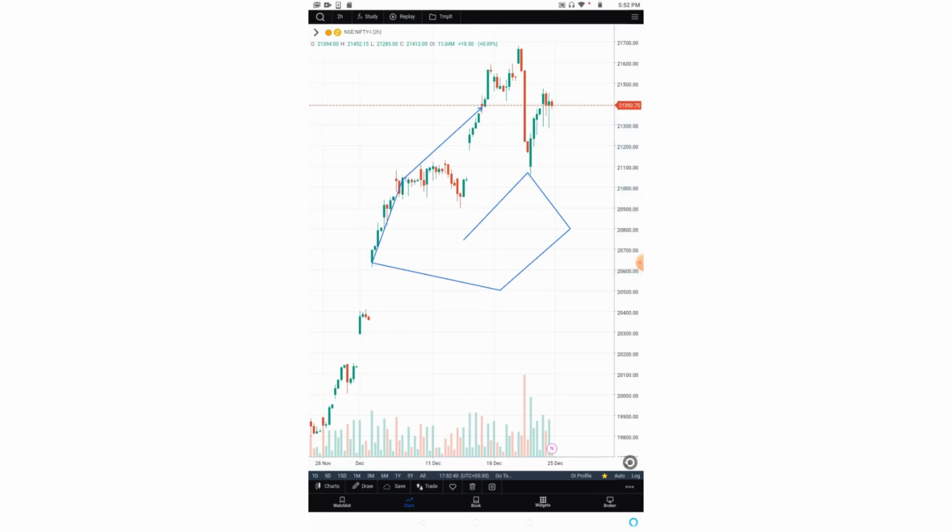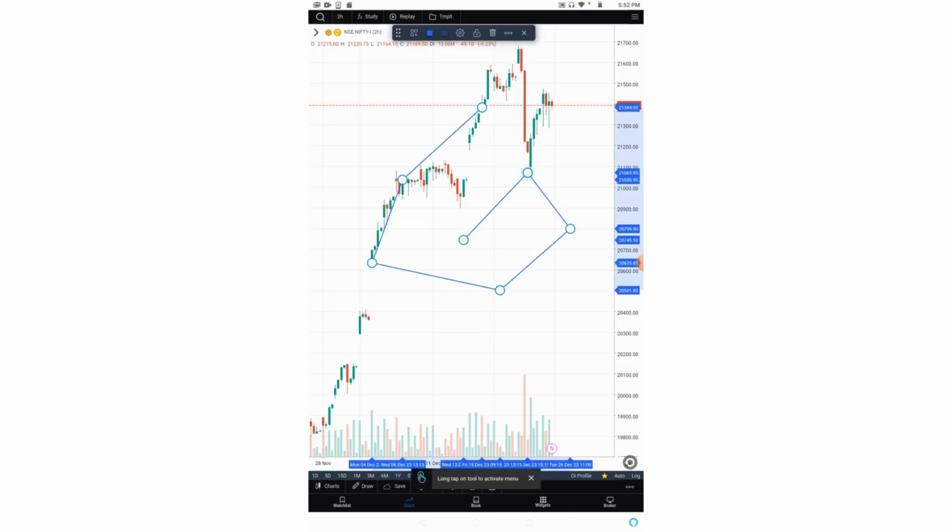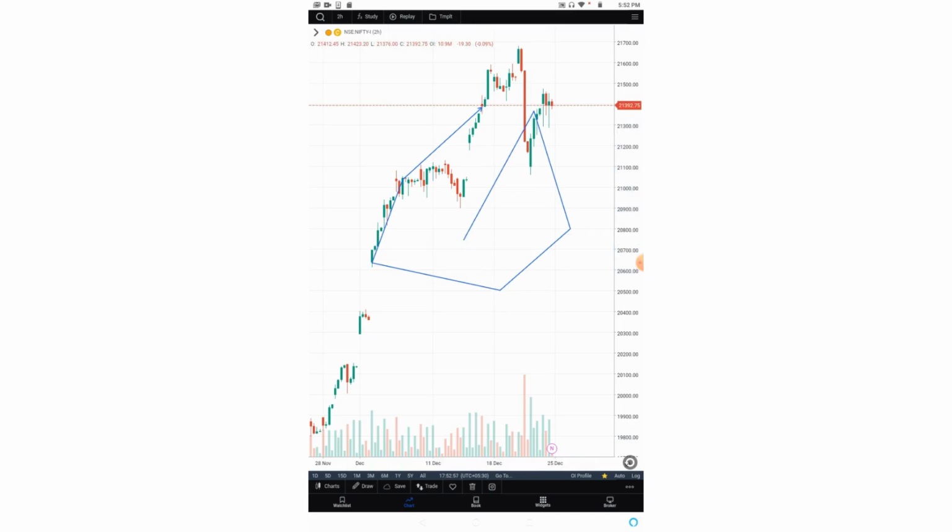Now suppose this drawing is made, but now if I want to edit it again, I have to select this drawing. If I want to move any particular point, say for example this particular point, I have to move my finger above this point and move it. We have given a solution for this too. For a fresh drawing, there is absolutely no problem. You do not have to touch above the point, you can touch anywhere on the screen and move the point. But after drawing, if you want to edit, for example I want to move this point, I have to keep my finger above this point to move it.